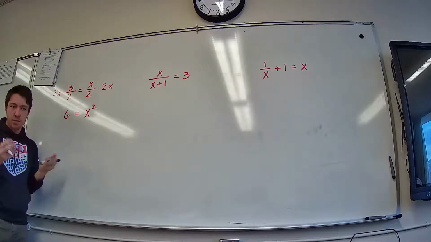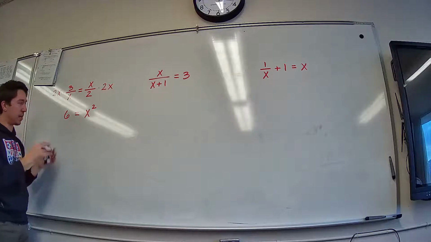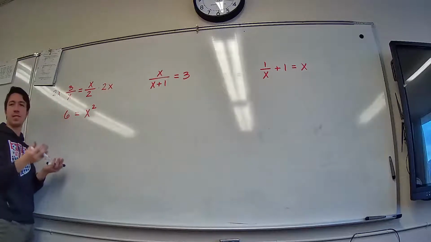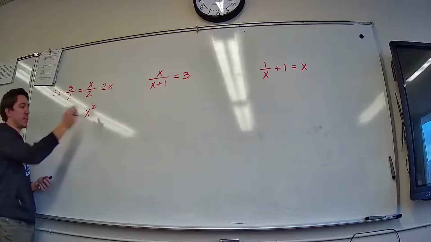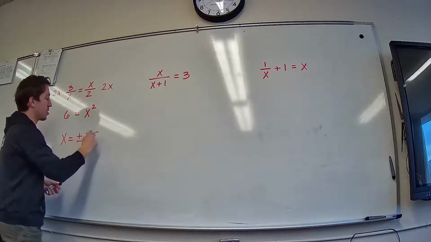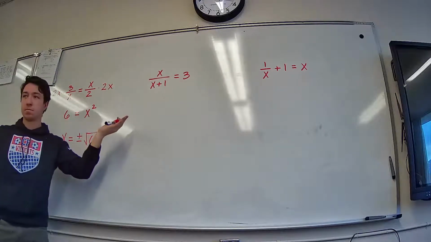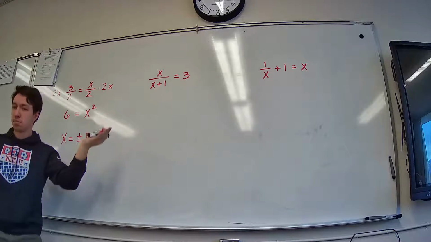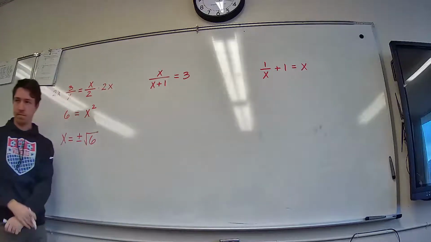Cross multiplication is certainly a useful little tool to think about, but I just wanted to remind you that it's nothing magic. It's just multiplying both sides of an equation by the same expression. So what's the answer to this question? Plus or minus the square root of 6. There are 2 answers: positive root 6 and negative root 6. Yes. Cool beans. How about this one?